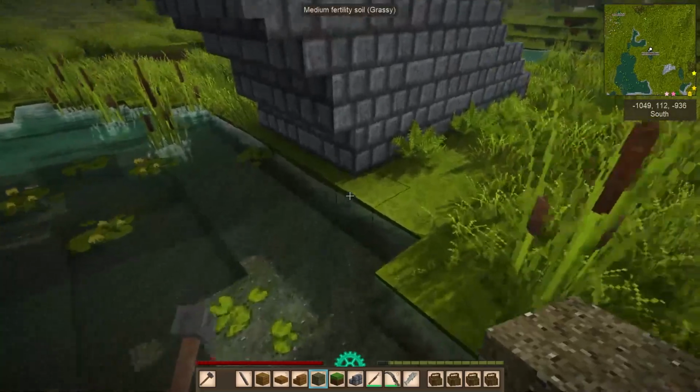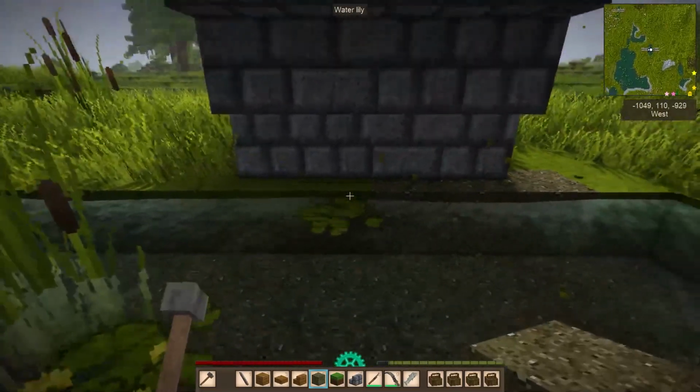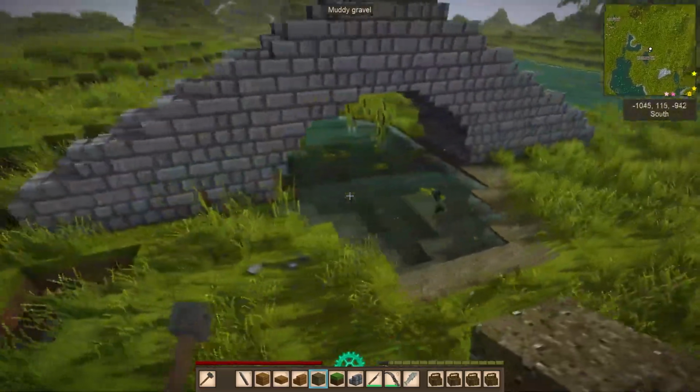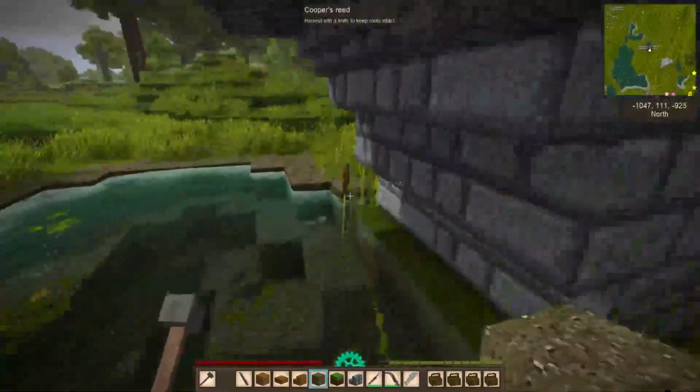Now, one of the things that I like to do, since we've been talking about water and everything else, is maybe come in along here and add in just a little more muddy gravel here. Yeah, just to give it just a little more. Make you disappear there too. There we go. Looks very nice. Let's work on this side now. So we want to make sure